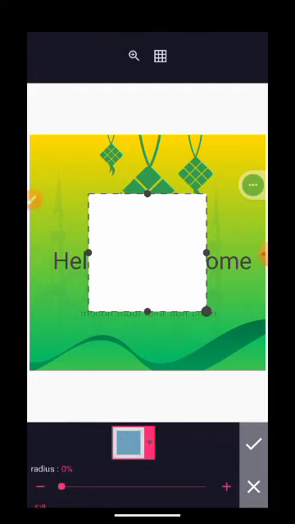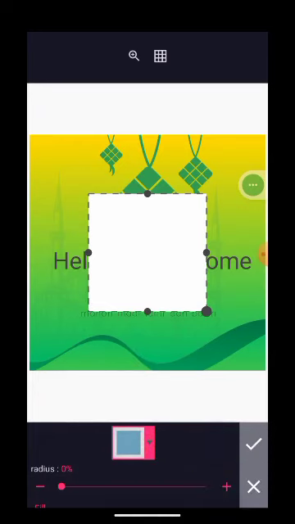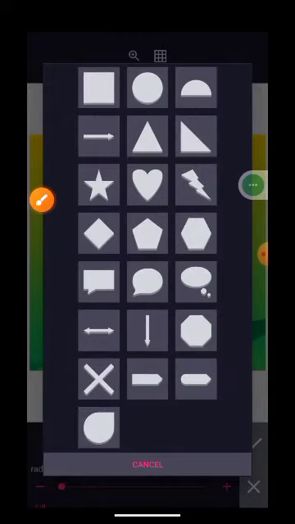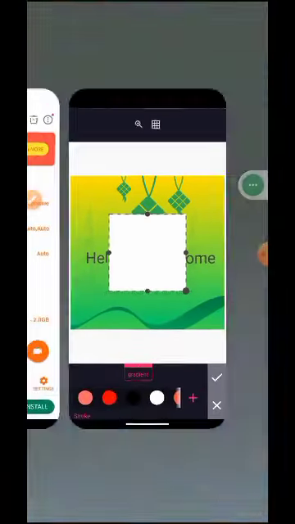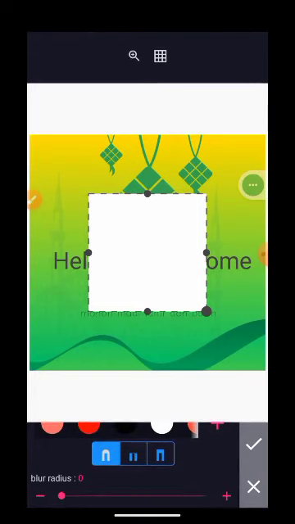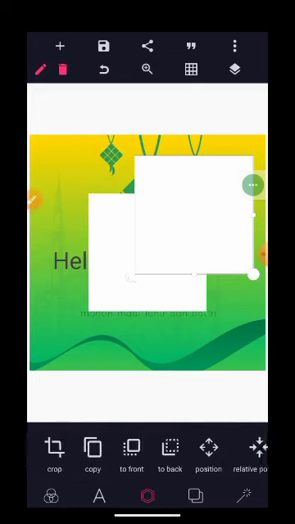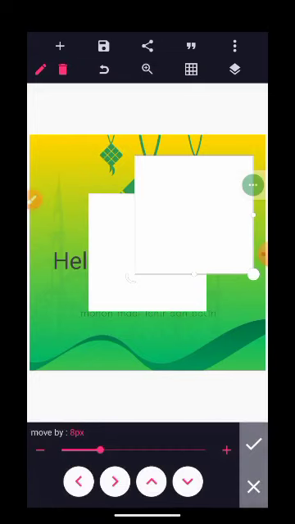So if I click on this drop down arrow here, you see I can have varieties of shapes for me to choose from: a circle, triangle, star, and all the rest. So that's it. And you can change your color, add stroke and the rest, blur your stroke and all that. Okay, and the same thing here, you can also copy, send to front, send to back, position,